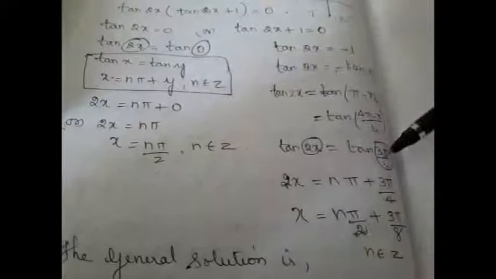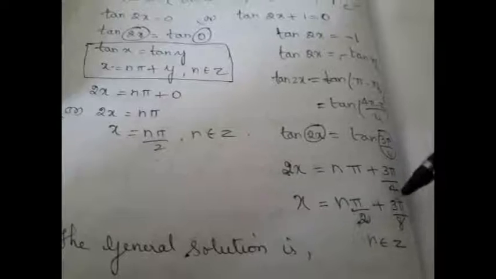Then what is our solution? x equal to n pi plus y. But in the place of x we have 2x, and in the place of y we have 3 pi by 4. So 2x equal to n pi plus 3 pi by 4. Bring this 2 to the other side. You will get x equals n pi by 2 plus, if you bring this 2 also to the other side, 4 2s are 8, so 3 pi by 8 where n belongs to z. Therefore the general solution is x equal to n pi by 2 where n belongs to z, or x equals n pi by 2 plus 3 pi by 8 where n belongs to z. This is how we have to solve the problems.